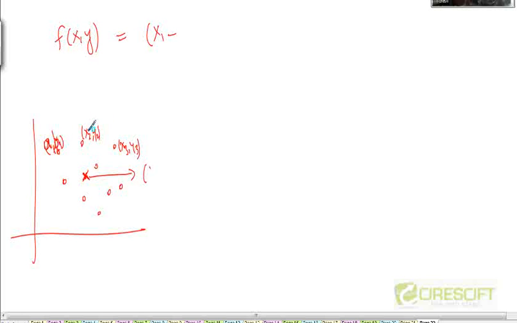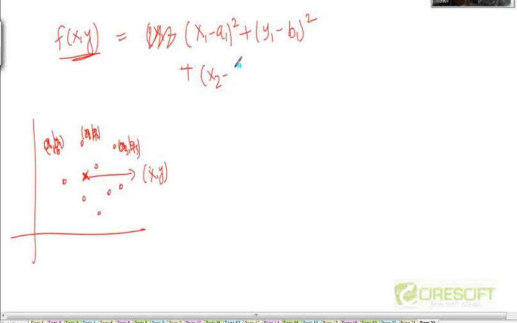So (a1, b1), because a and b are constants which are known to you. So this is (a1, b1), this is (a2, b2), this is (a3, b3), and this is (x, y). So this function of x and y will be (x - a1)^2 + (y - b1)^2 + (x - a2)^2 + (y - b2)^2